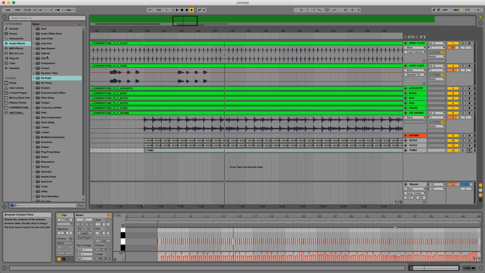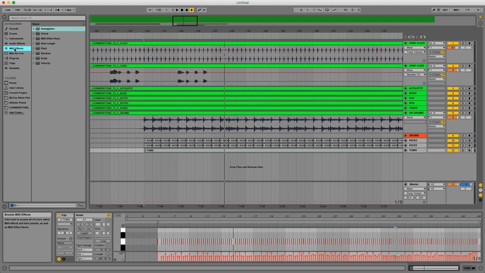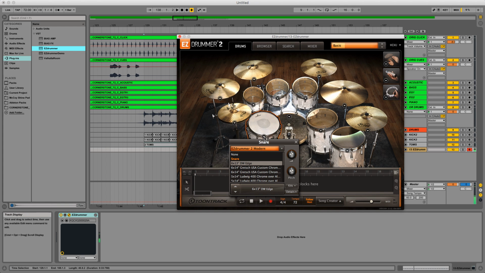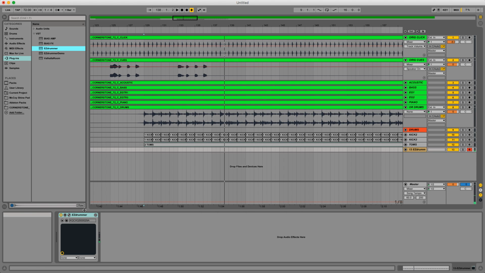I like to use that sound coupled with Easy Drummer for the snare. And I also like to use just Easy Drummer for the cymbals. And you can kind of do the same thing with the snare. Let's pull Easy Drummer in. I like to use this sound here for the snare. And what's cool about this is you can really